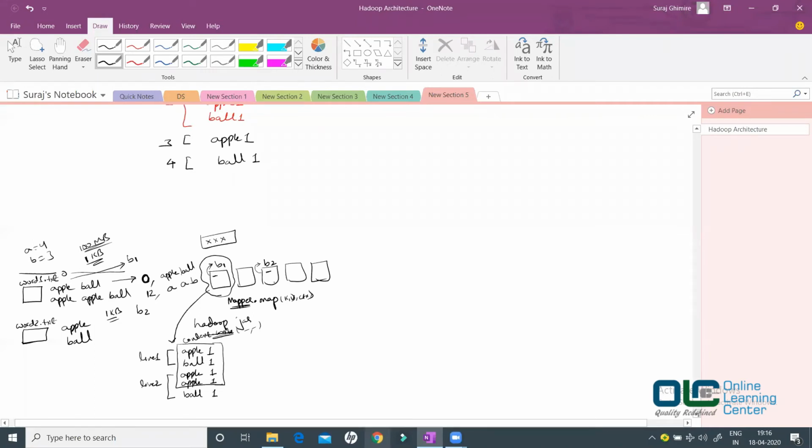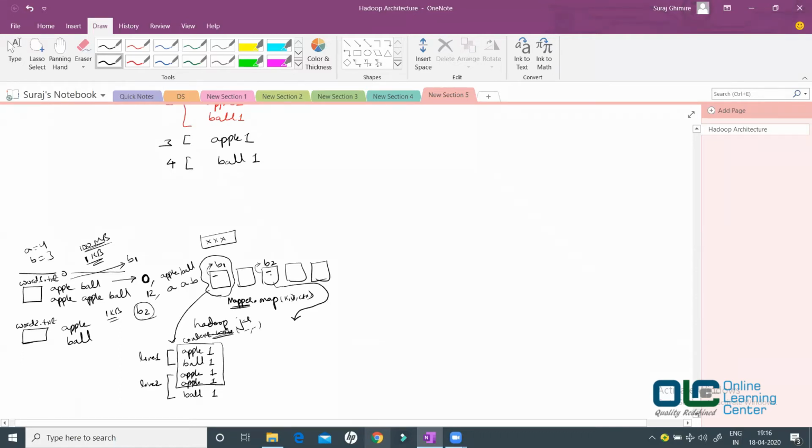Now similarly my b2 will also process the data, right? So this node will process the data which is present in your b2 block. Okay, so this is node 3 and b2 is a block. This b2 is also going to get processed here, right?